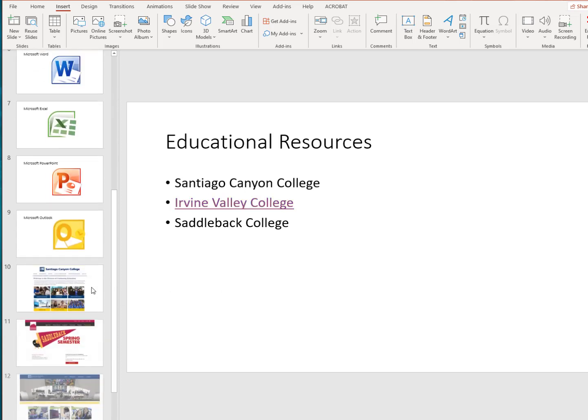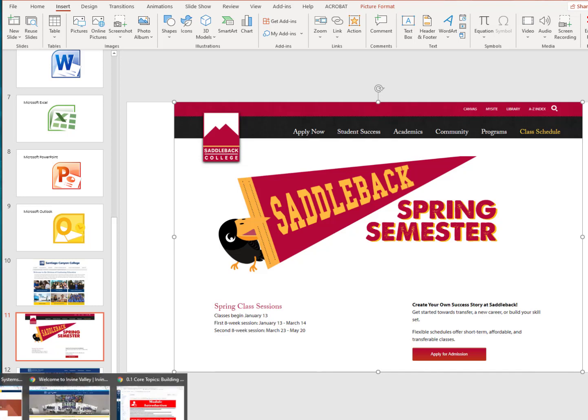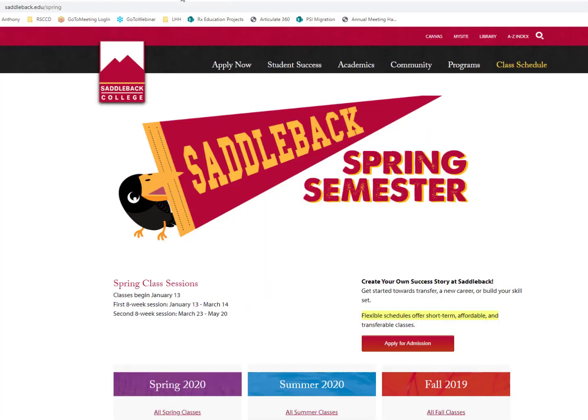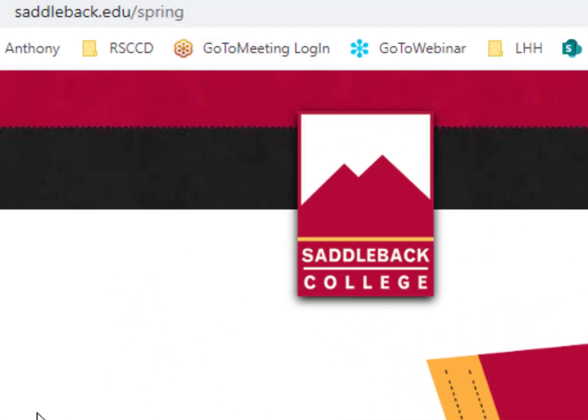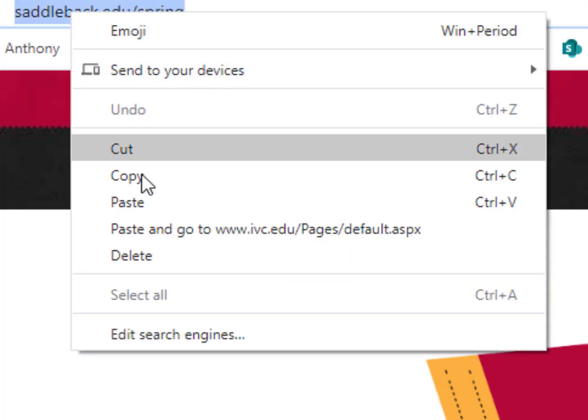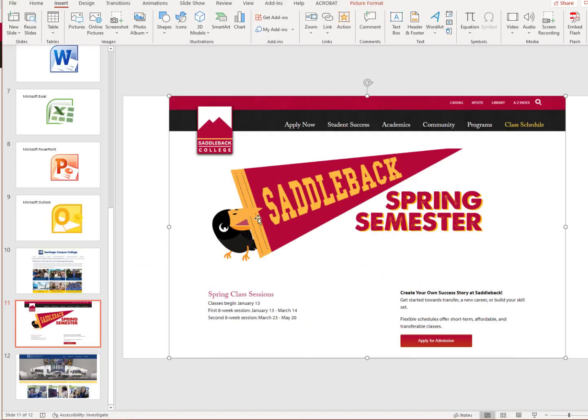So I'm going to scroll down, and this time let's try Saddleback. If I want to create a link that takes me out to their web page, I first need to go to my browser. I'm using Chrome, by the way, and I'll look for Saddleback. I actually found them earlier, right here. And again, if I just right click in this address box, I can select it and then copy it. Once that URL or the website address is copied, I can jump back into PowerPoint, select the image,